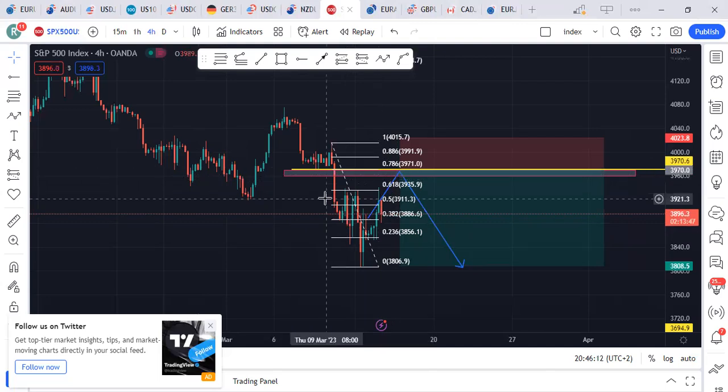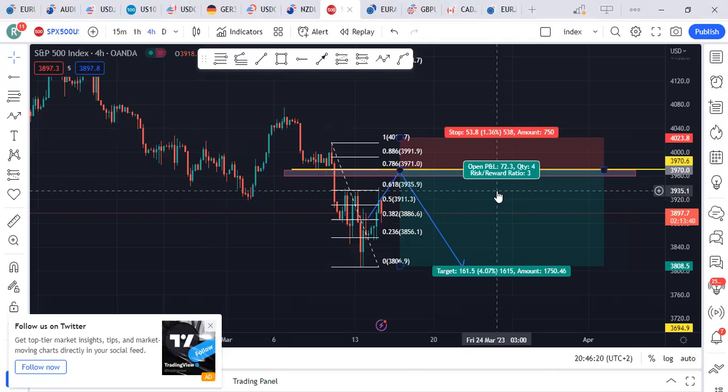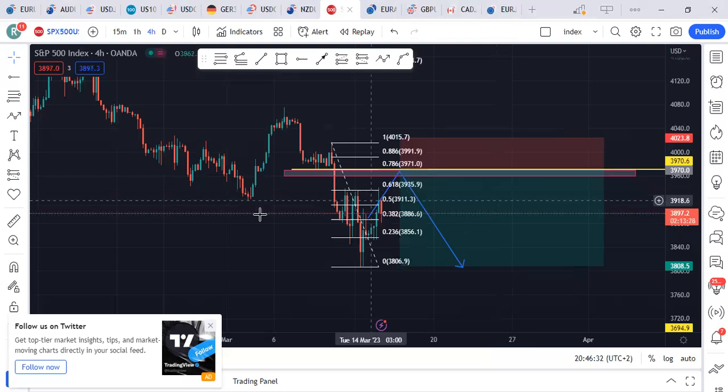I think it's a more or less similar situation with the USD/JPY. In this particular case, we do have a beautiful ratio of 1:3, which is a good ratio, not a bad ratio at all. But with regard to the stop loss, you might need a slightly bigger account to trade this particular setup in this particular case.